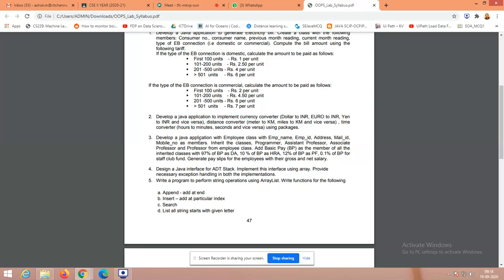See the third application. In the third application, they are ready to work with the employee class, but do not override the corresponding basic requirements. In the second program, you could see they have used packages. You have to use packages, but incorporate your creativity using the basic requirements. Primarily, you have to do this using packages. The secondary level you could do with your own creativity and innovation.